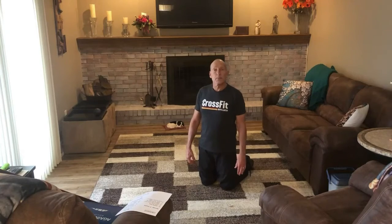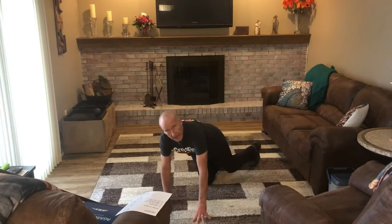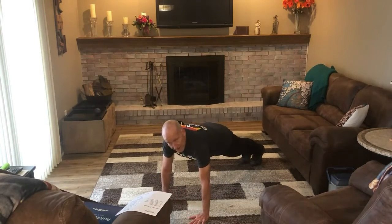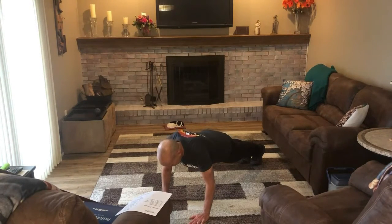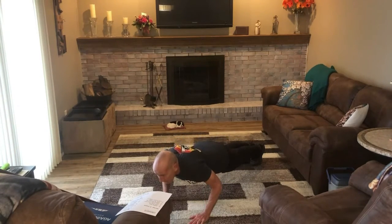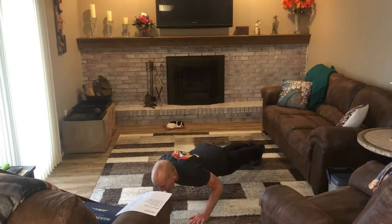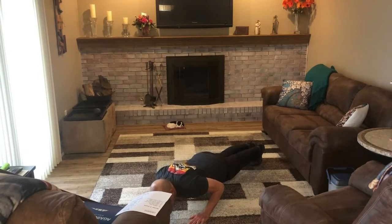A slow eccentric push-up. I'm going to lower myself as slowly as I can. For example, a 10-second eccentric push-up will start out at the top of the plank, and I'm going to lower myself as slowly as I can to a 10 count, keeping a straight, strict plank or hollow position. 1001, 1002, 1003, 1004, 1005, 1006, 1007, 1008, 1009, 1010, and just